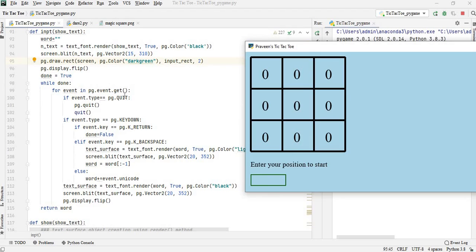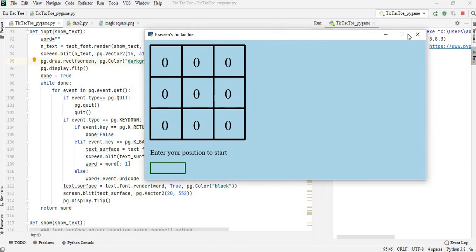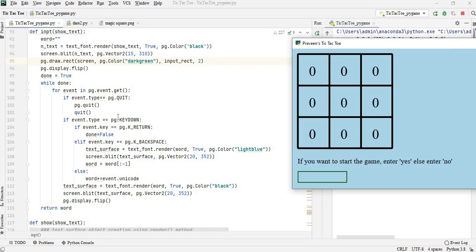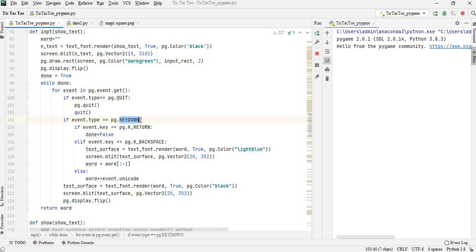For event in pg.event.get, whatever the events we are doing via keyboard or via mouse, all the inputs will be collected in the pg.event.get. If we are pressing the cross mark here, this is the pg.quit, that will be stopped. If you are pressing any keys, this KEYDOWN event will be activated.